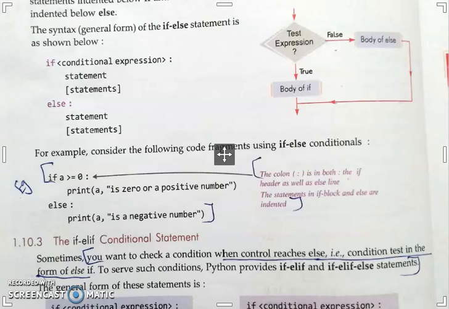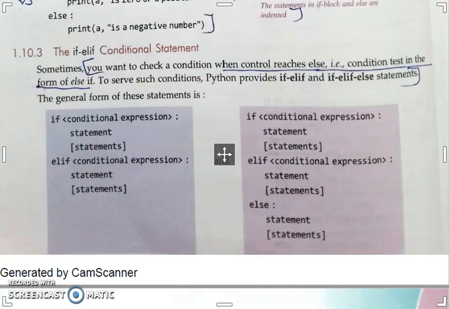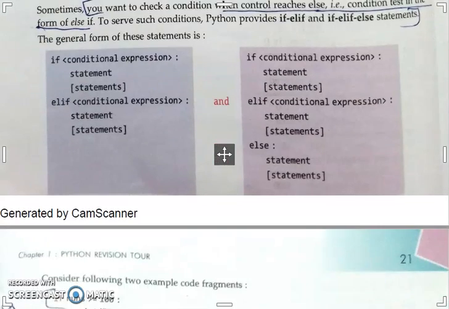Then if else if condition, if else if else. So these two forms are there. That is, you can make use of if else if only, or else if else if else. You can introduce any number of else ifs. There is no limit on that.